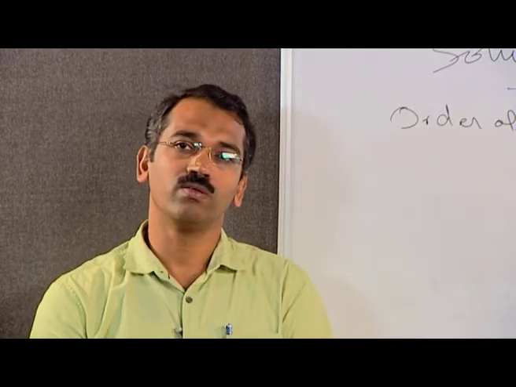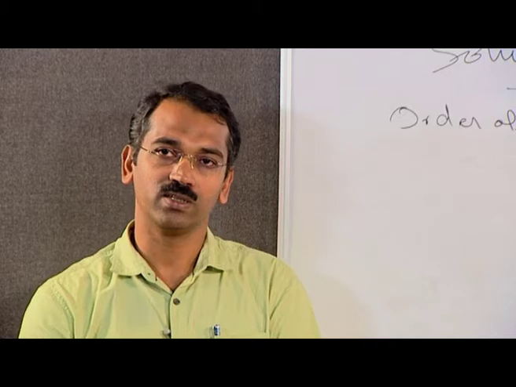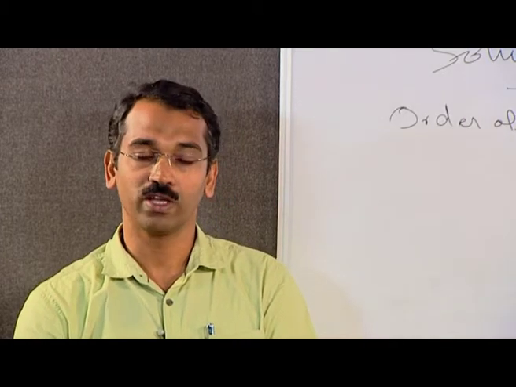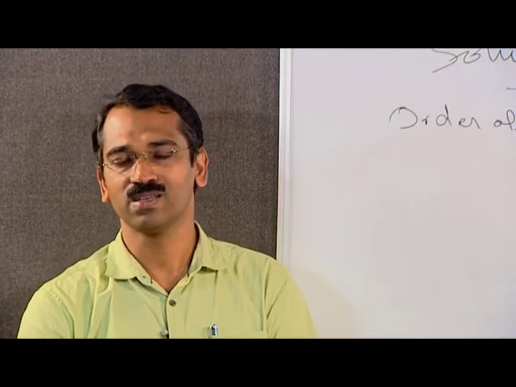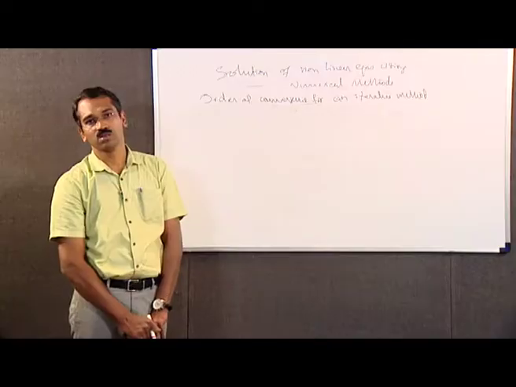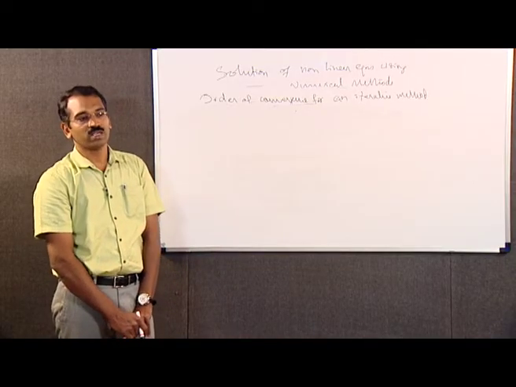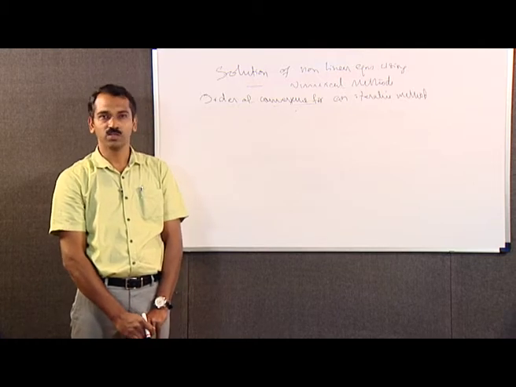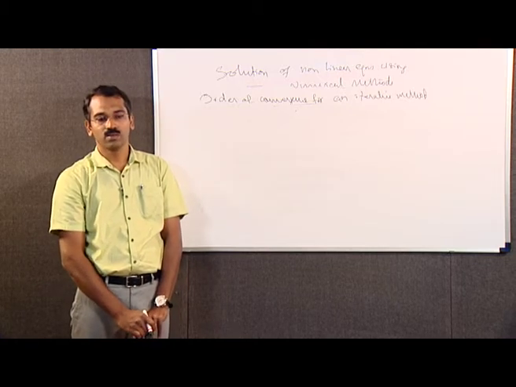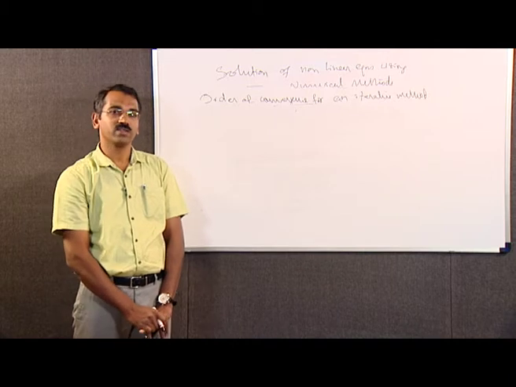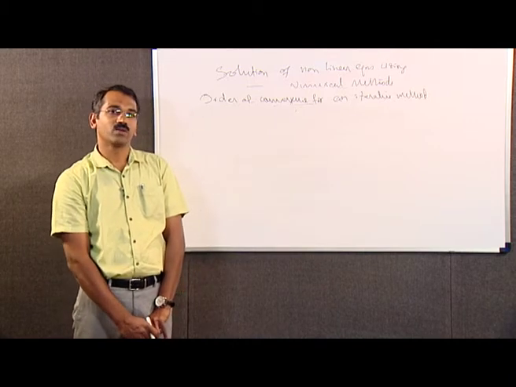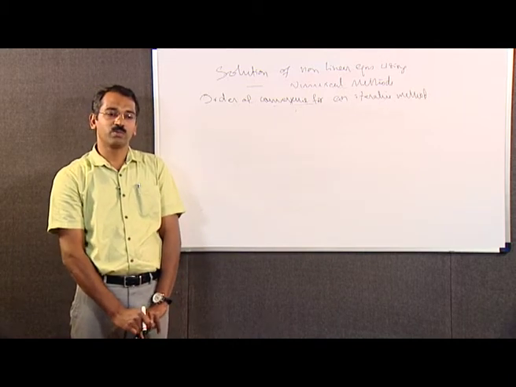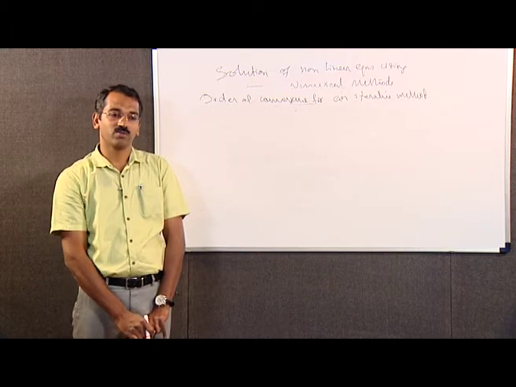Then we evaluated x1 is equal to phi of x naught as a better approximation. Then x2 is equal to phi of x1 is evaluated and continued. After a finite number of steps, we obtain the approximate value of the exact root